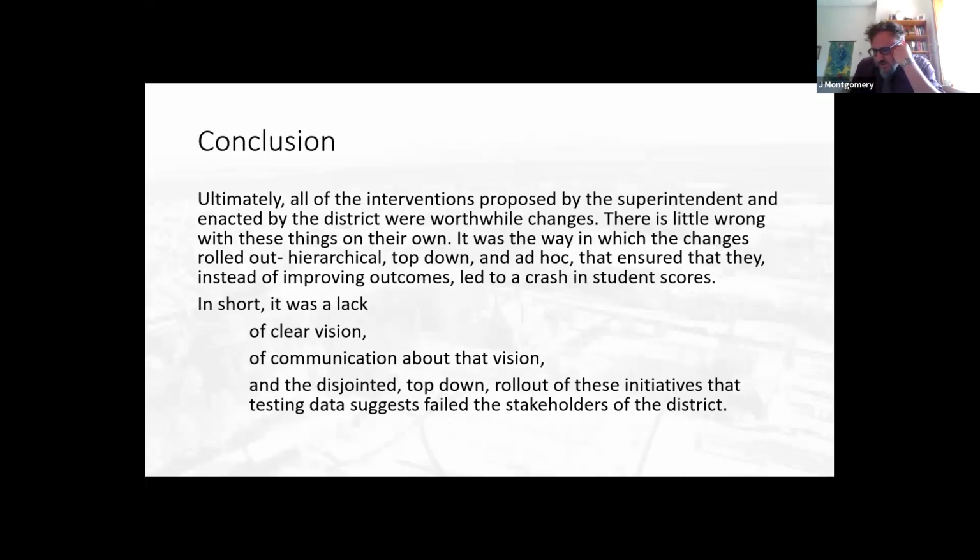So concluding, ultimately there wasn't anything inherently wrong with the individual initiatives proposed by the superintendent. All of these things have been shown in various literature to have success. Again, this refers back to the one-to-one technology, the preferential seating, ideas about place-based lesson planning. But